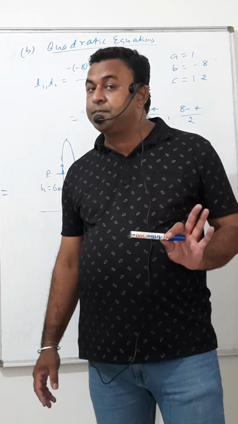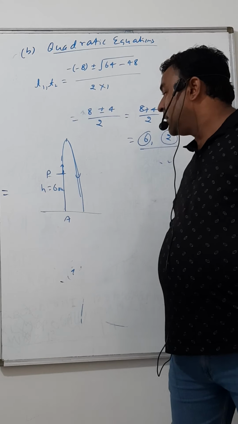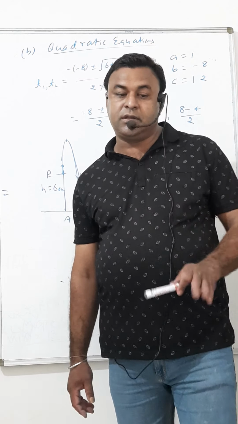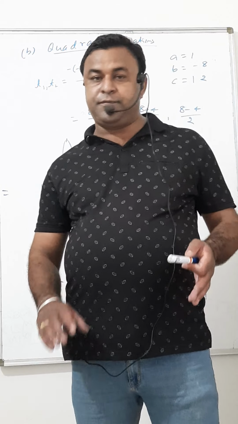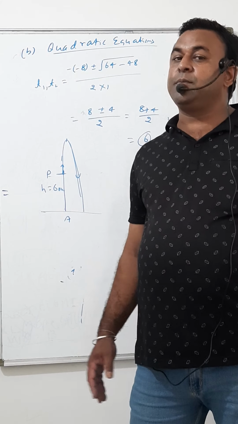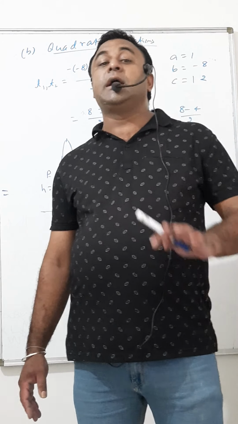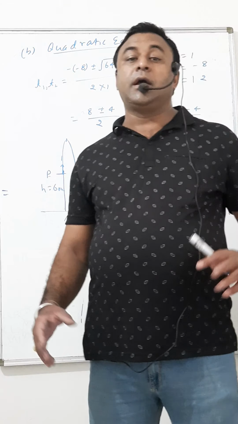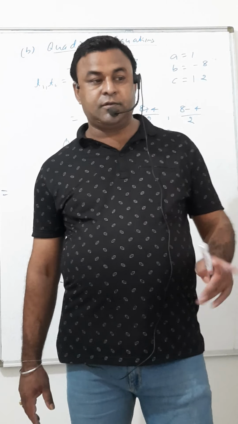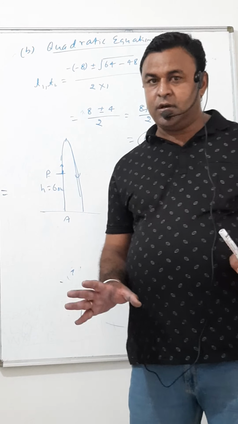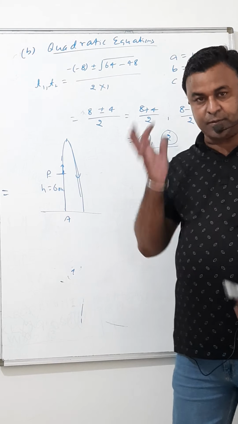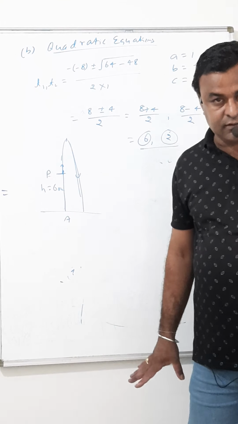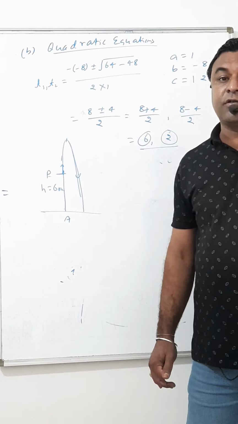It is very clear that whenever in physics you find two answers and both are possible, then that particular phenomenon, if there are two values of time, that means that phenomenon occurred twice. If there are two values of temperature, that means that phenomenon is possible at two temperatures. If there are two velocities, that means in any situation, if you get two proper values which are possible, then in that phenomenon there will be two possibilities of whatever is being asked. So it is the magic of the quadratic equation.